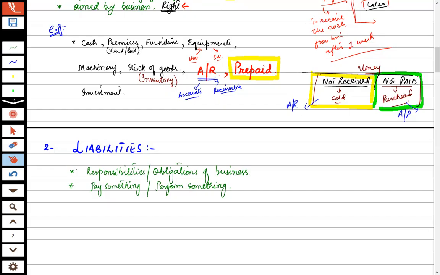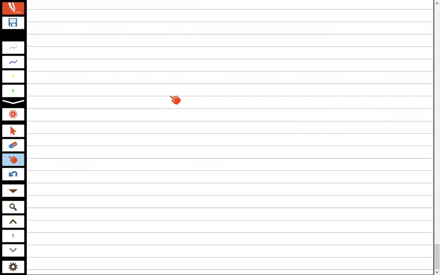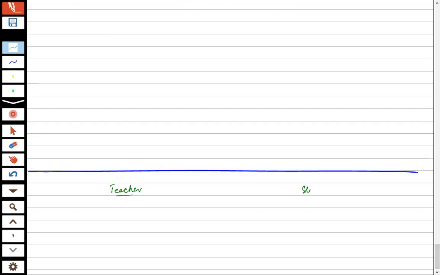Let's take a simple example from daily life so that you can understand. I am writing right down here. I am telling you the difference between rights and obligations and how we can relate it to assets and liabilities. Pay attention. Obviously, there are two relations. One is teacher and the other is student. Now, if we see